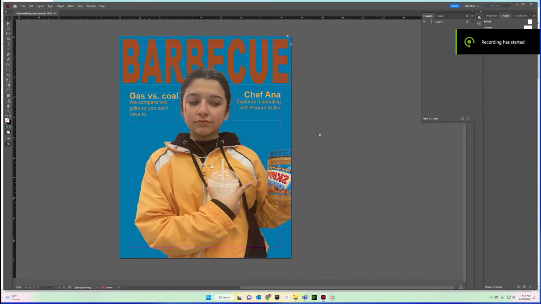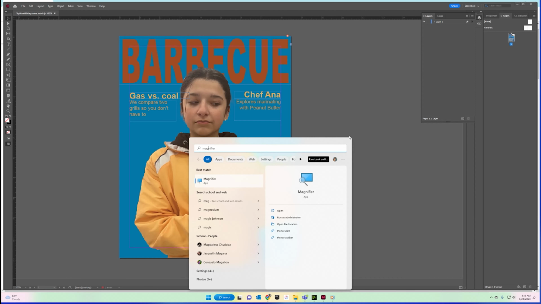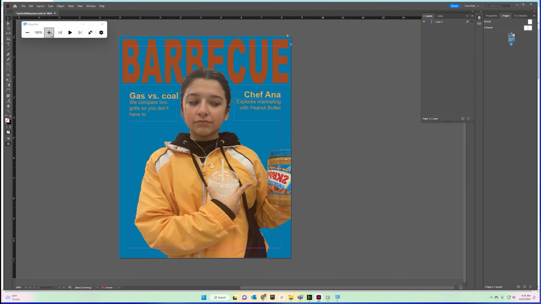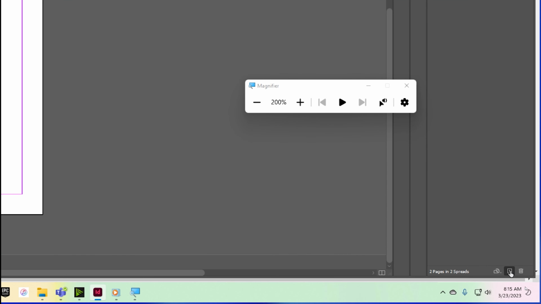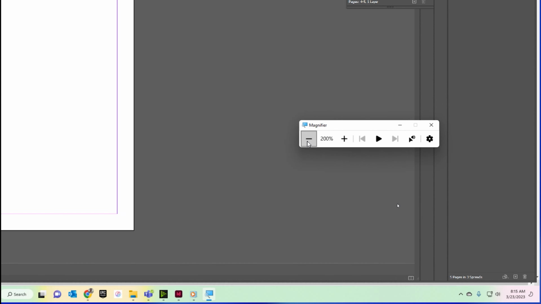All right, ladies and gentlemen, today we're going to be talking about how you can add some additional pages to your magazine, and we're going to be creating a timeline. So let's go from properties, we're going to go to our pages panel over here, and you're going to click the plus button 4 times,